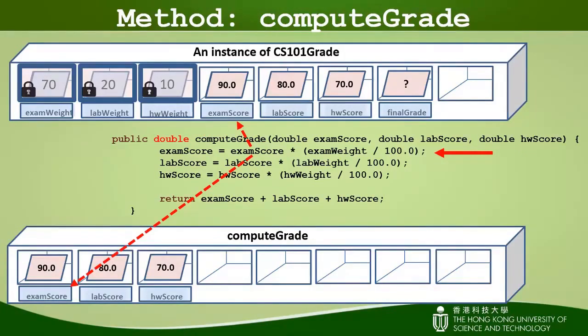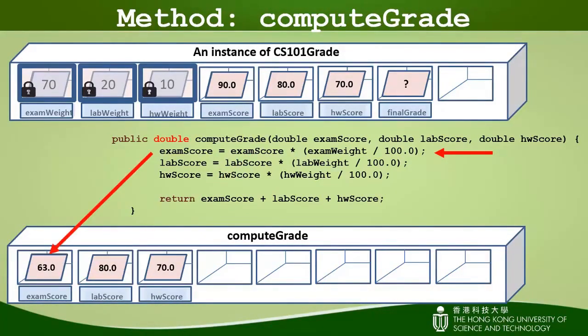The next operation is to multiply the exam score with the result of the division in the parentheses. But the program will find that 2 versions of exam score appear in the program. One as parameter variable inside the method compute grade, and the other as an instance variable with the same name. The scope rule, which I'll discuss in more detail later, will look up the meaning of a variable from the closest block where it is declared. In this case, the parameter variable would be used. The result would then be assigned to the memory space corresponding to the parameter exam score, thus changing its value